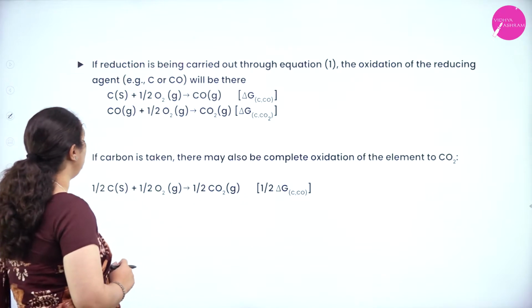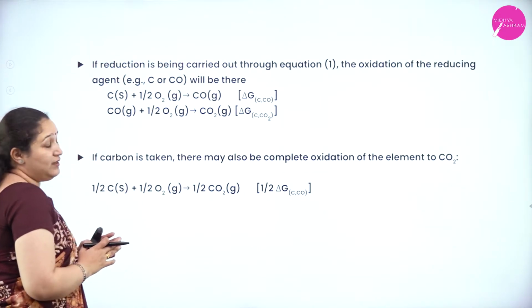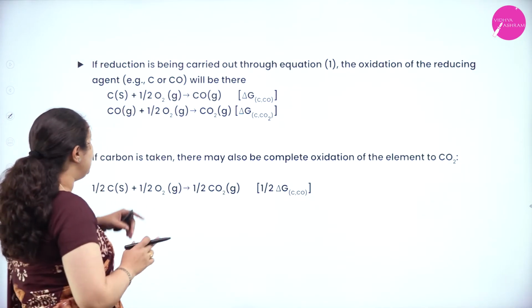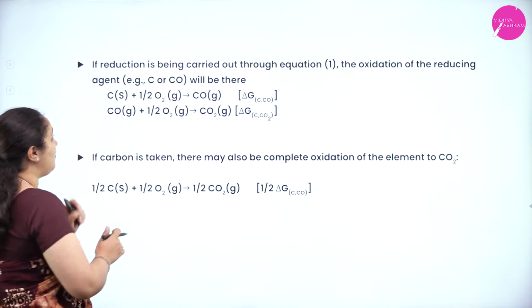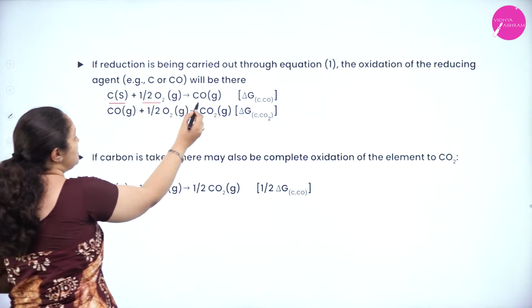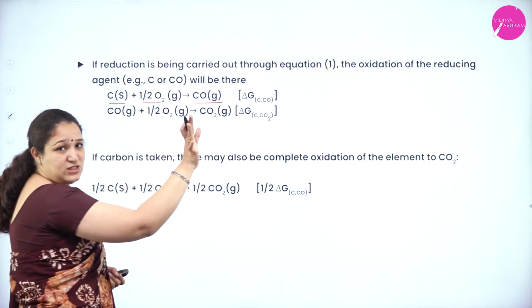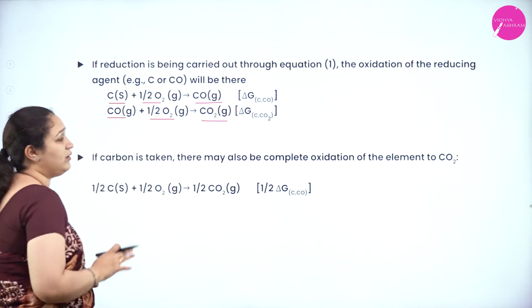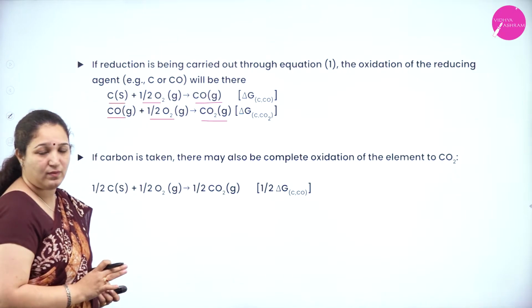So what we need to do, the reduction, for example, carbon is the one which is undergoing reduction. See, the Ellingham diagram is giving me this equation, that is carbon with oxygen giving carbon monoxide, I get the delta G naught values. Carbon monoxide plus oxygen giving carbon dioxide also, I am going to get the delta G naught values. Okay.